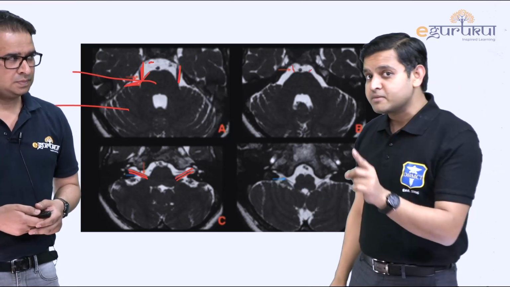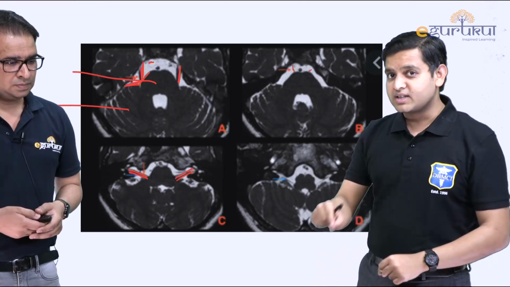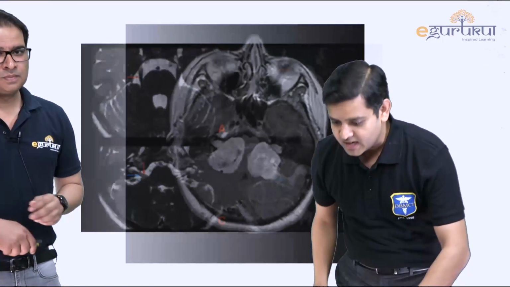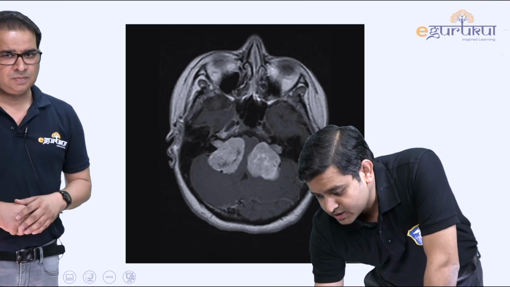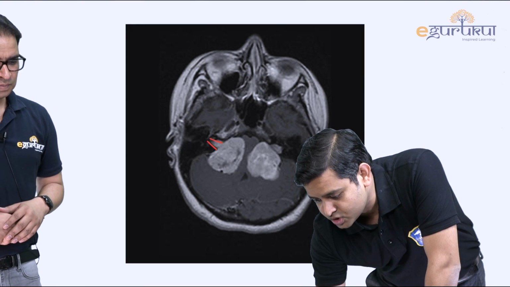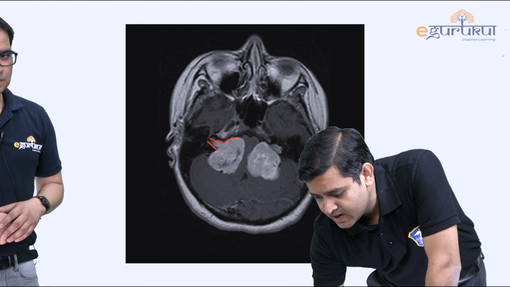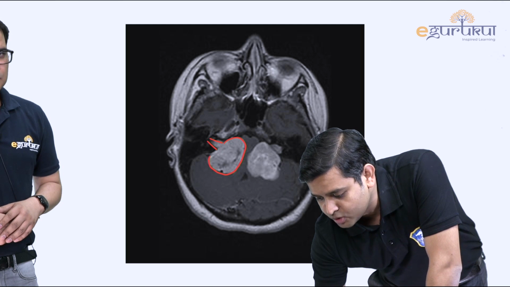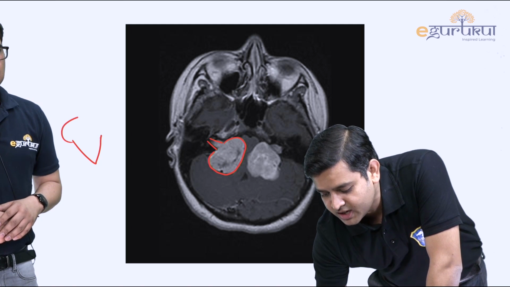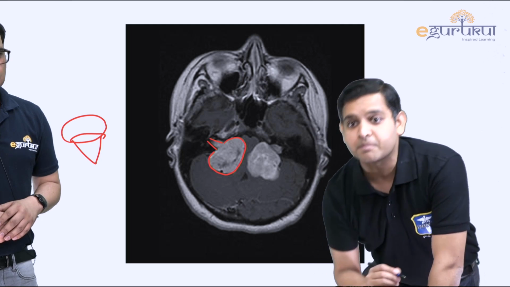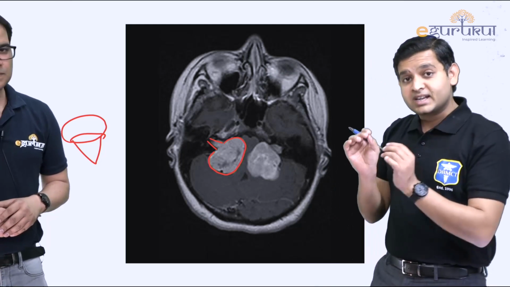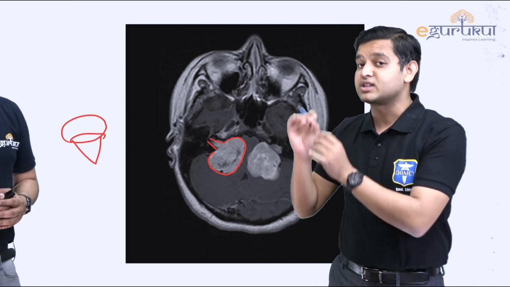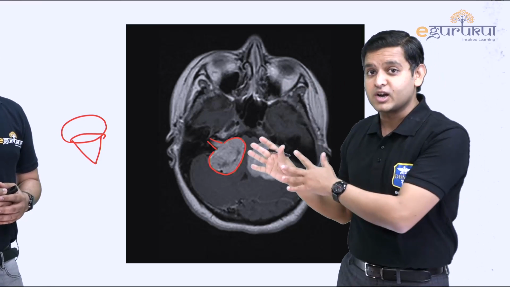Now what is a very important disease that you see in this particular area? Just think about that. Can we see that? Now see this. This is a tumor, as you could see, going into the internal acoustic canal and forming a large lobulated, typical ice cream cone appearance. The commonest tumor seen in the region of the CP angle cistern, when the patient presents with tinnitus or hearing loss, is